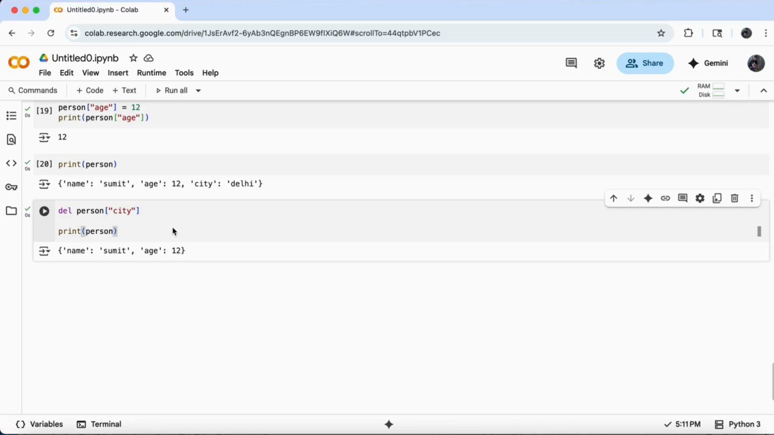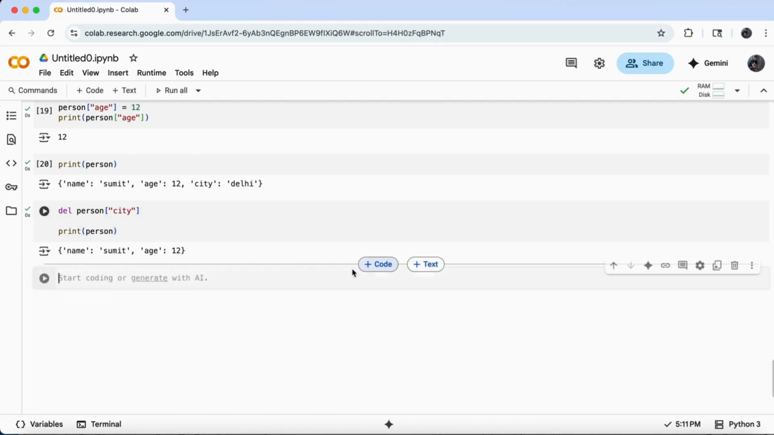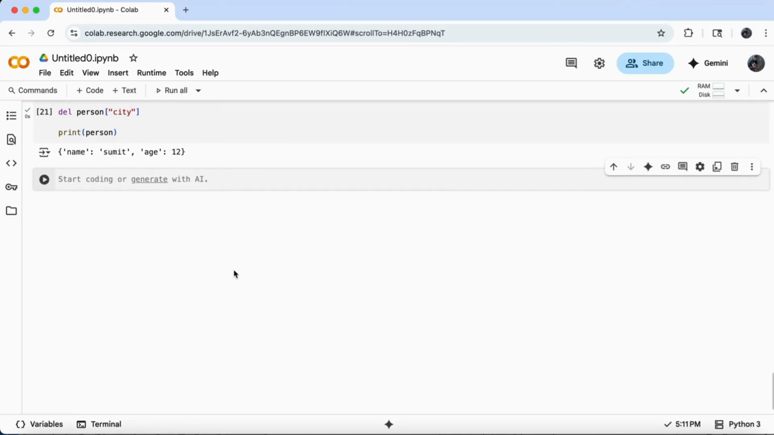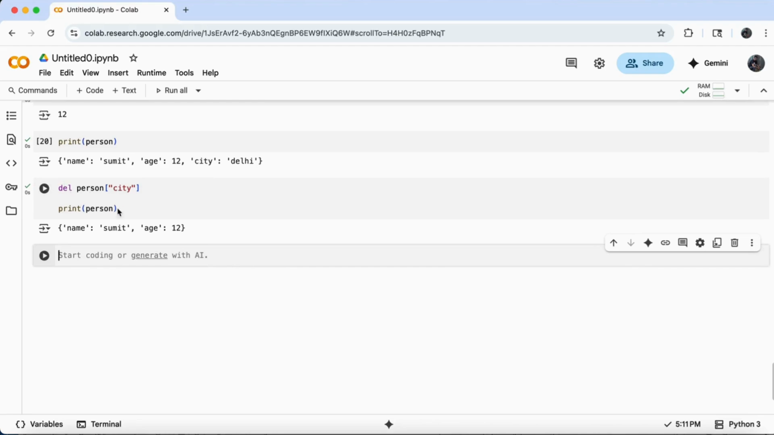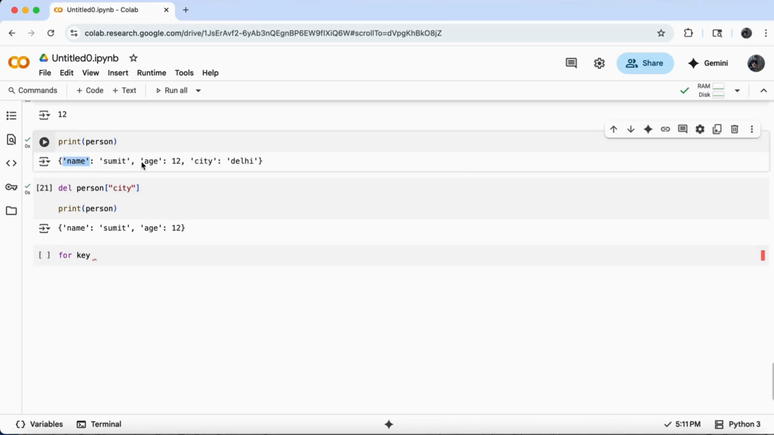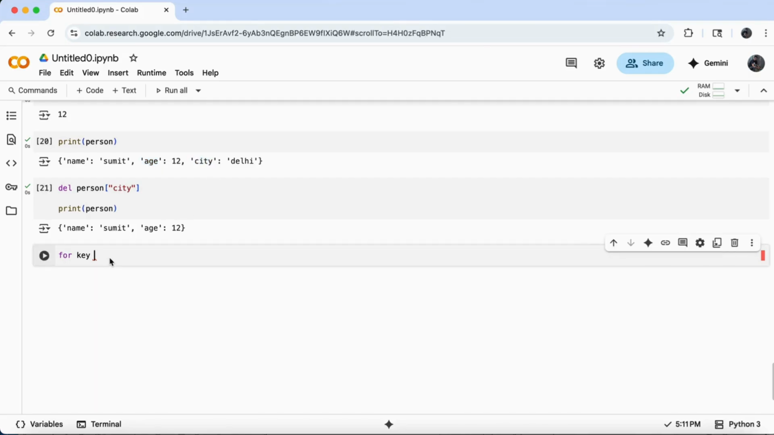Now, how do we iterate over the dictionary? We have learned how we can iterate over the list. Now let's see how we can iterate over the dictionary. I have this person. Let me do for key. We iterate using the key because key is very crucial. We perform all operations using this key only from this dictionary. Here name is the key, age is the key, and city is the key. So we'll iterate every key: for key in person,